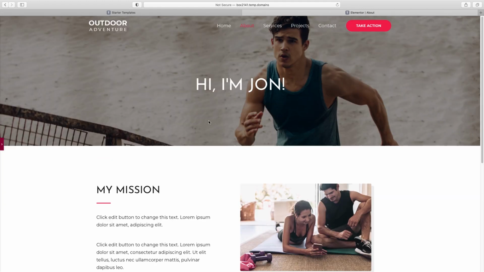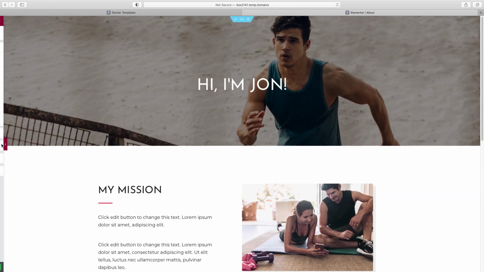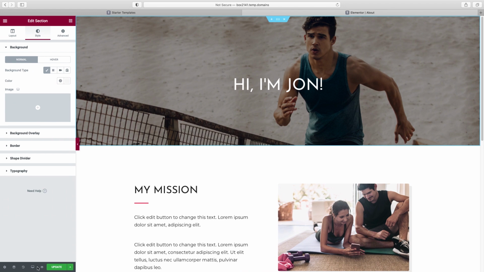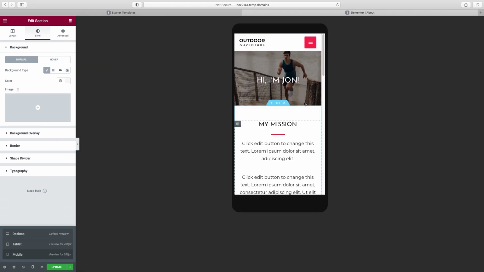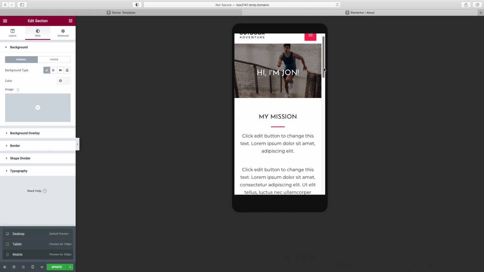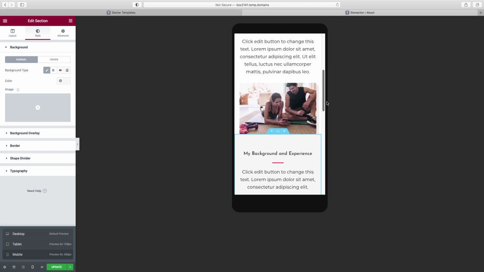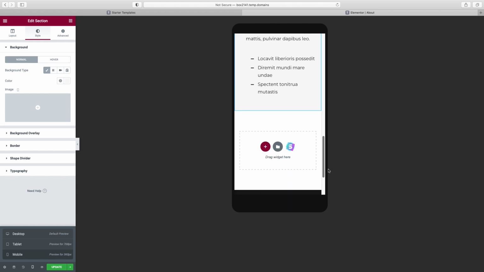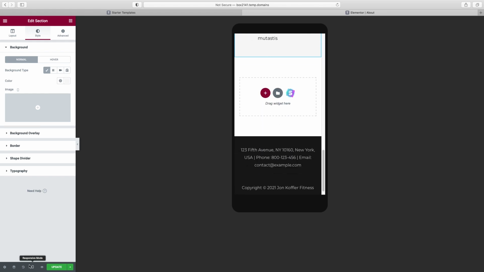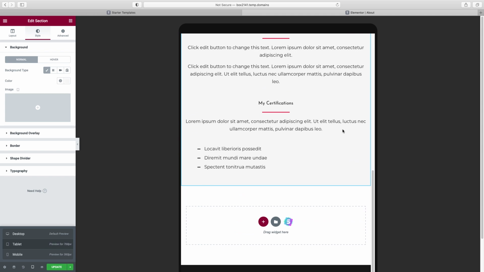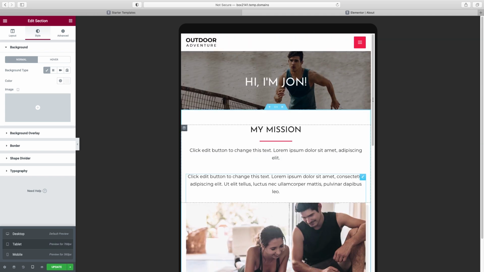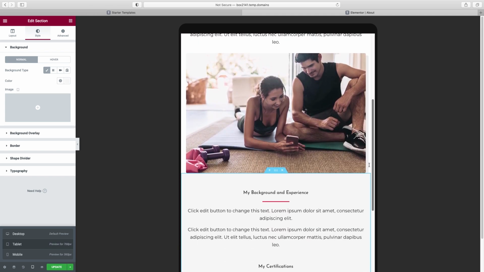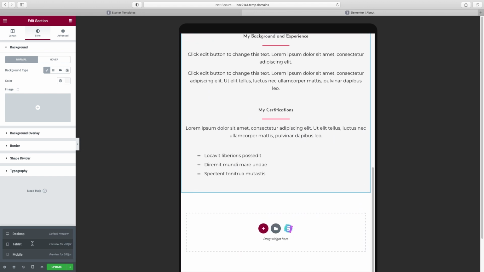All right, so this looks pretty good to me. Let's go ahead and open this back up and do our quick reality check on mobile. So click this icon down here, click mobile, and yeah, this all looks pretty well thought out already out of the box. And once again on tablet. Yep. Looking good. All right, so again, we're going to click on update, and it's time to move on to our